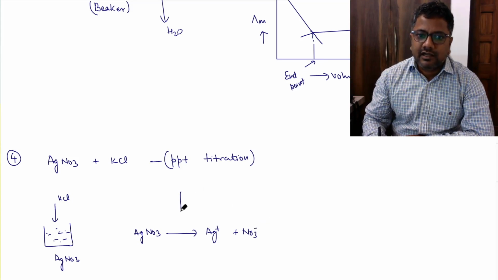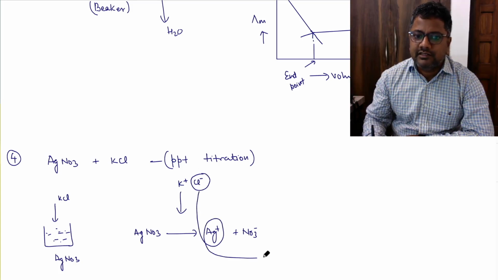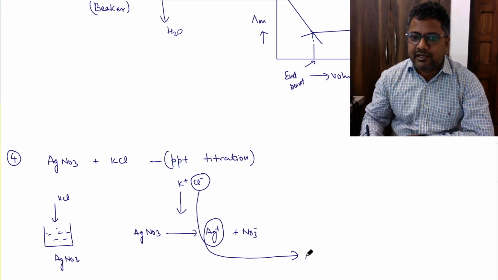And you are adding KCl, that is also a strong electrolyte here. So what is happening, this Cl minus will immediately combine with Ag plus and make the precipitate of AgCl, means